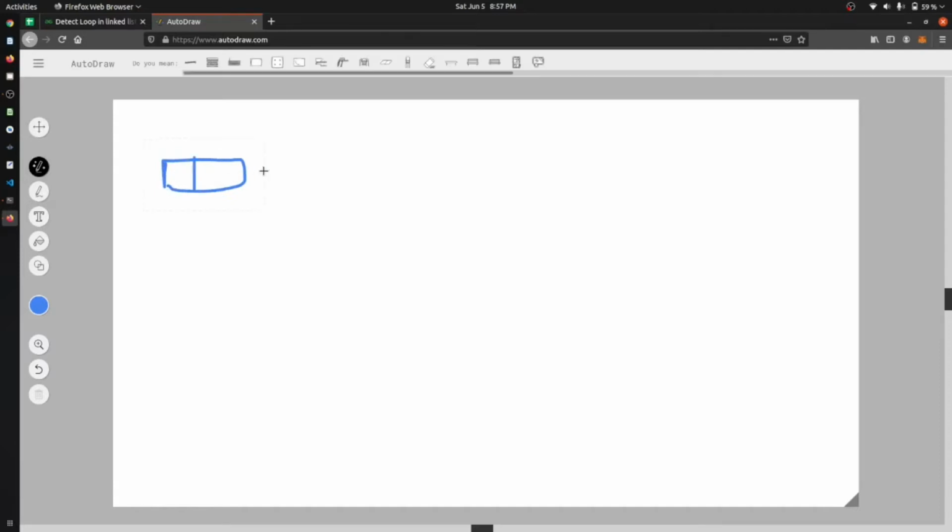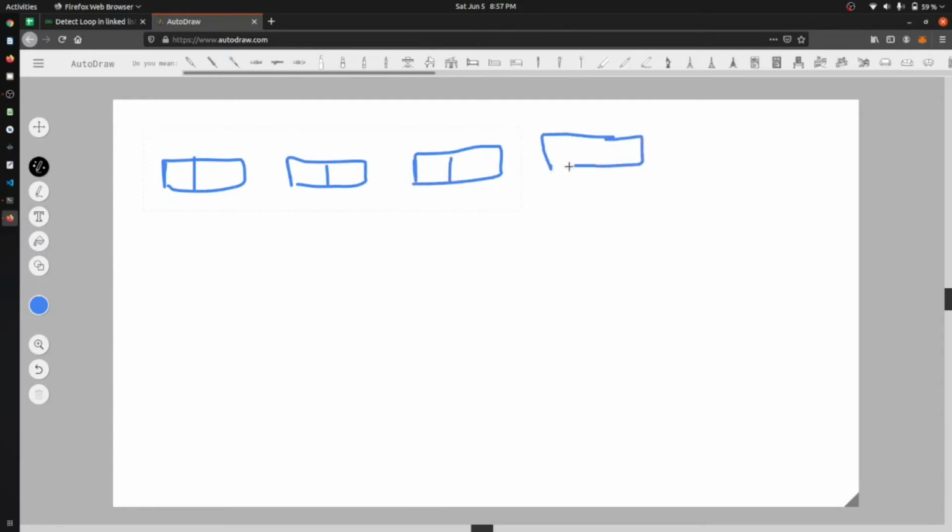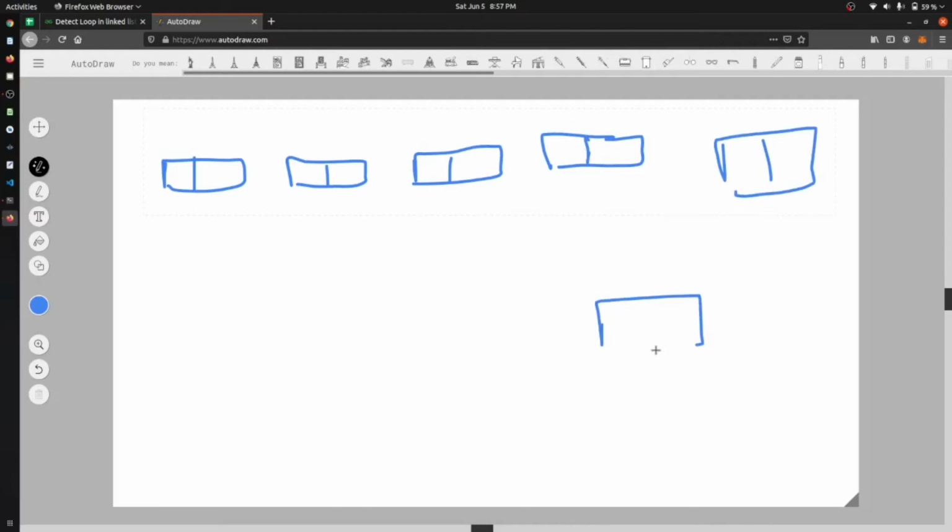Okay, so let's say that we have a list of nodes. Let me just create something like this. So 3, 4, let me create 2 more. One more, this.